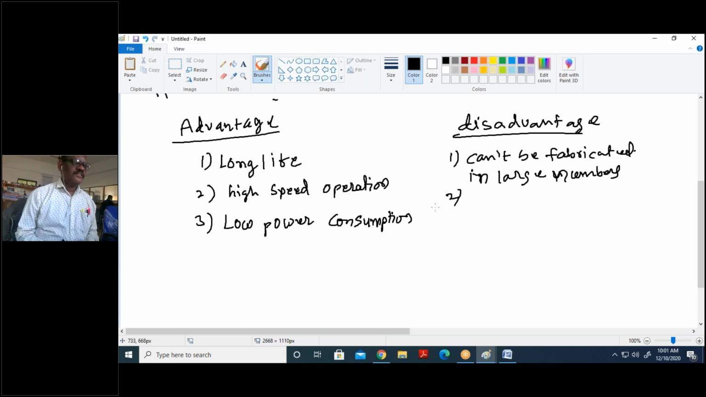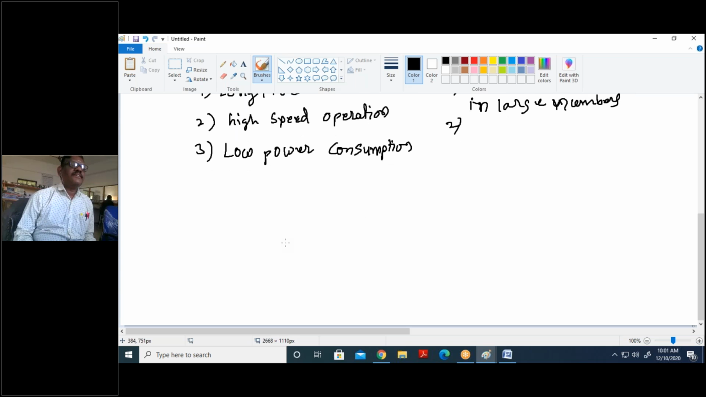And the second one, being a two-terminal device, the input and output are not isolated from one another. That is the second disadvantage. And applications,